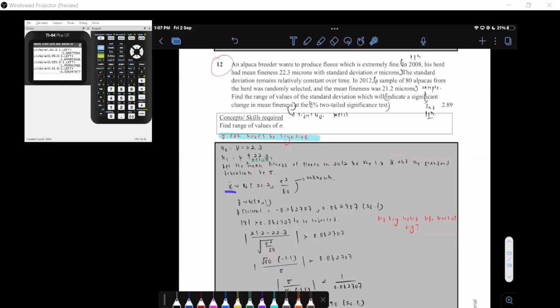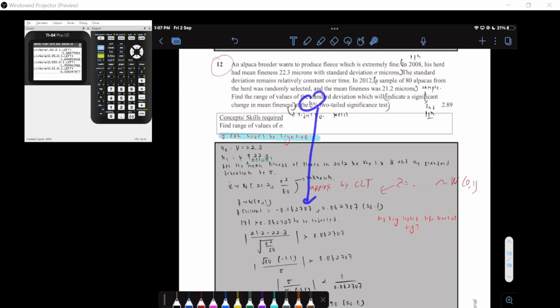Then you get X bar to follow normal distribution. The mean here should be the mean from 2012, 21.2. Then it will be sigma square over n, in this case 80. Here you need to mention approximately by CLT, because they didn't mention that it's normal distribution. So you can only conclude it's normal because of CLT. Then you should also mention the test statistic. I'll leave that to you. And N(0,1). Then after that, Z critical value, you just have to take the